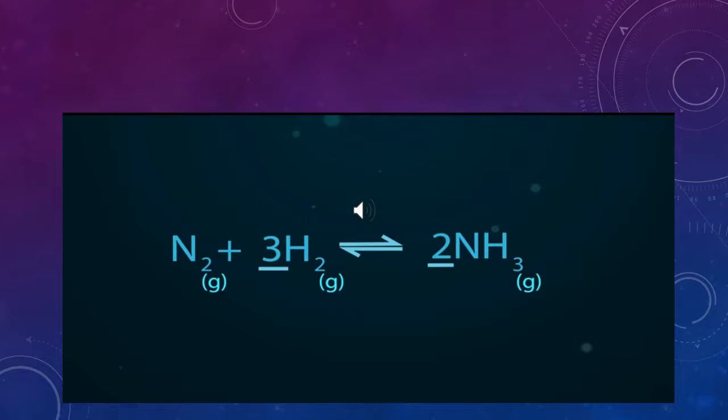Here you can see an example in the form of an equation: N2, nitrogen gas, when reacting with H2, hydrogen gas, gives ammonia, NH3. But the arrow shows forward and backward direction. It means that when some of the reactant is converted into product, it has a chance to reverse back. So the double arrow means that the reaction sometimes moves in the forward direction and sometimes it reverses back.